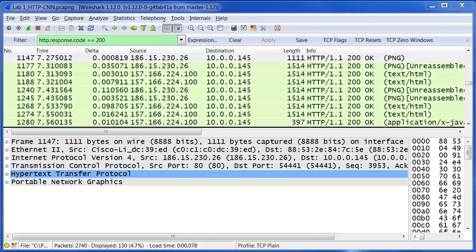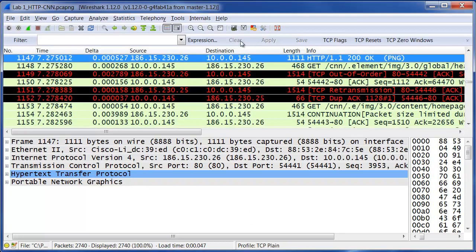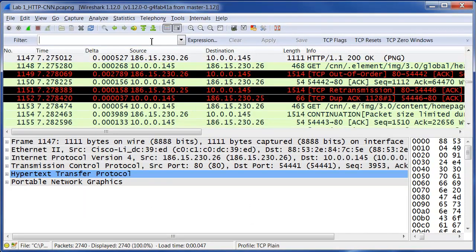Now we're just going to look at two more display filters in this video, and one of those is more related to security. So I want to set a filter to see if one of my servers is getting SYN attacked. I want to see how many SYN connections are coming into a system, where they're coming from, and what those ports look like. So to do that, I'm going to clear my filter, and I'm going to come up to my filter bar. I'm going to type in